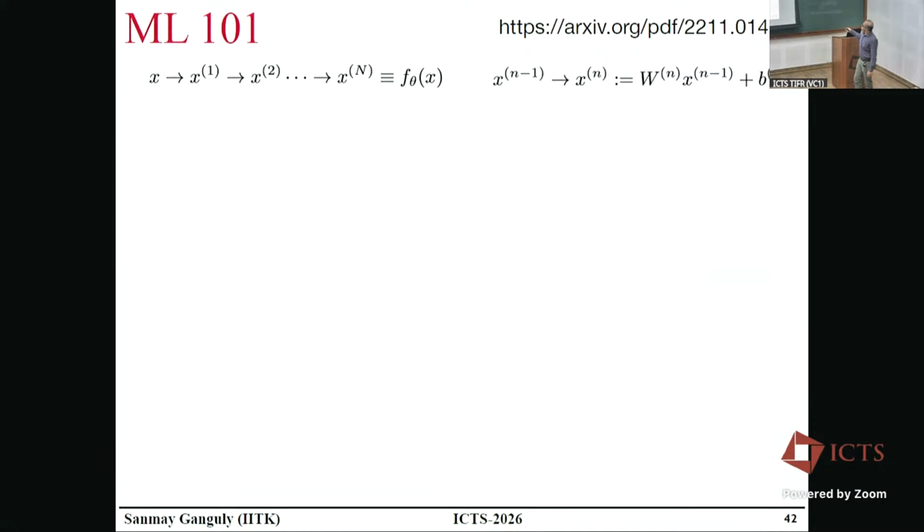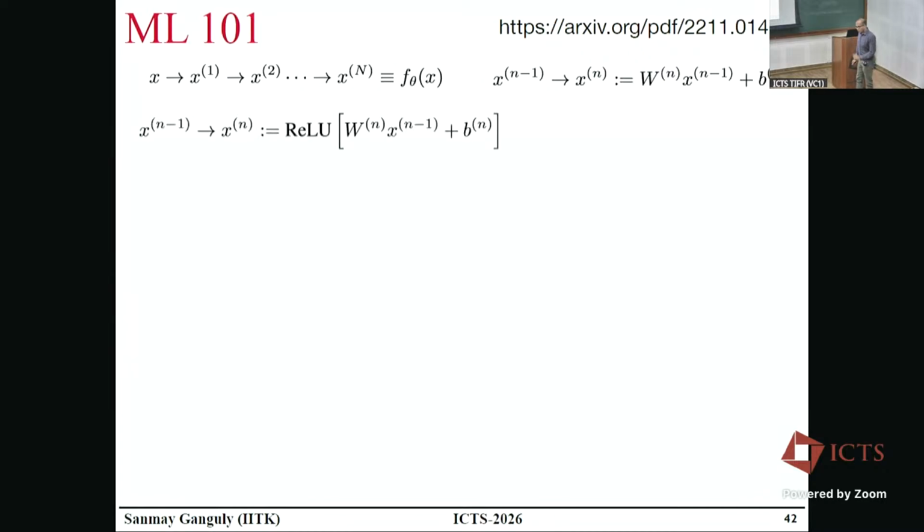nth layer, you take the output from the n-1th layer, multiply by a matrix and add something. So this is just a linear transformation. Nothing more fancy than that. You have a bunch of numbers, you multiply by a matrix, add some other parameters. And when I'm talking about parameterized functions, W's and B's are the parameters.